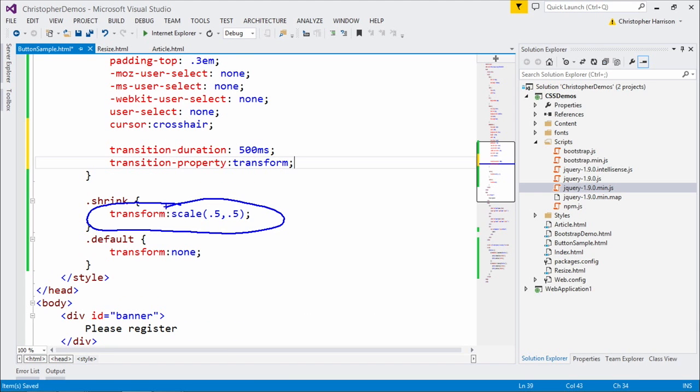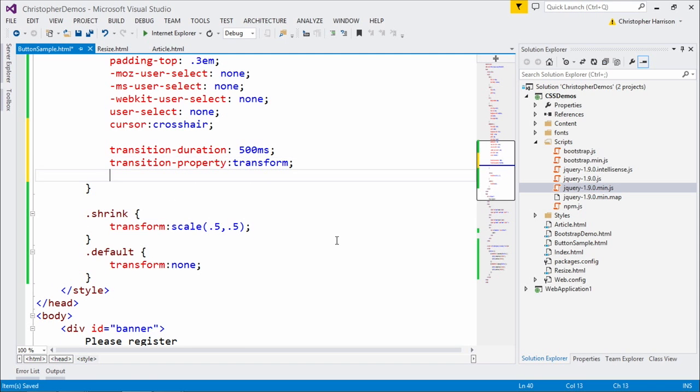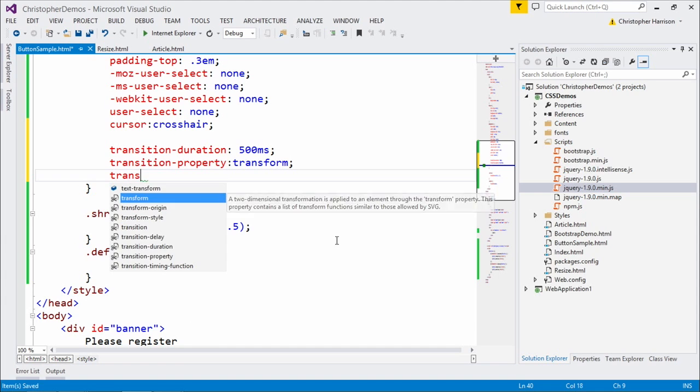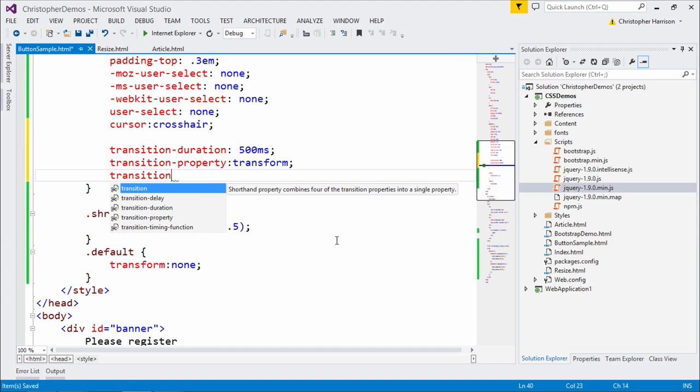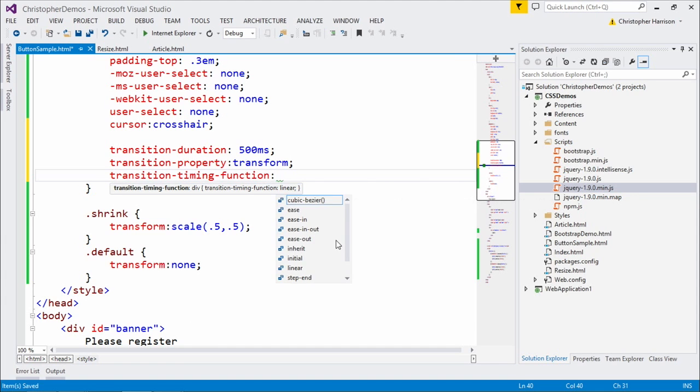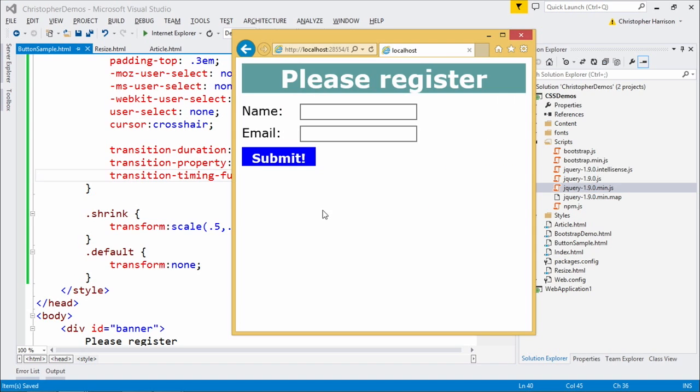Now, transform is just like any other CSS property. So I can use it in media queries, I can use it in classes, I can use it in IDs. Can I use it with transition properties? Yes, because it's just a CSS property. And then I could also set my transition timing function, and then let's just go with an ease, which is going to ease in and ease out both. Okay, so now let's come back over here, let's hit refresh, and now what you're going to notice,